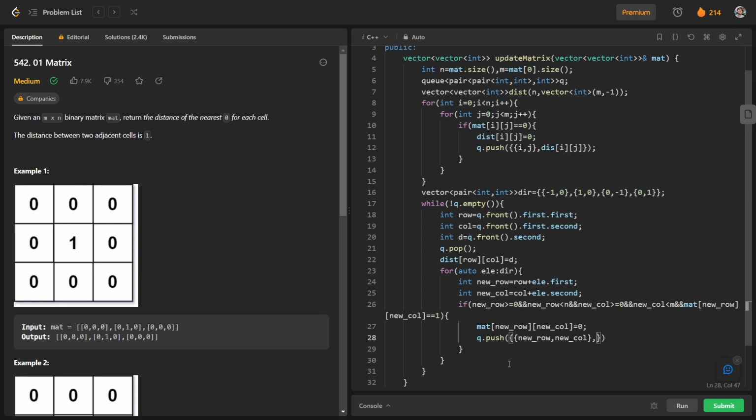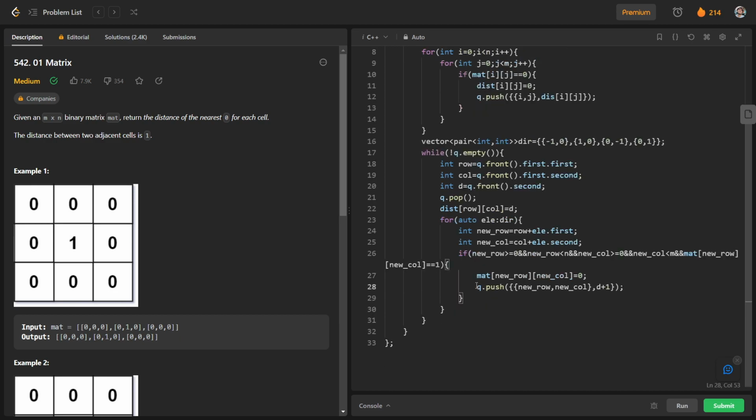So updated distance will be nothing but d plus 1. So we will push this element in a queue again, and it will be used further. And we have to update this value of new row and column to 0. After that, we will just return our distance vector.